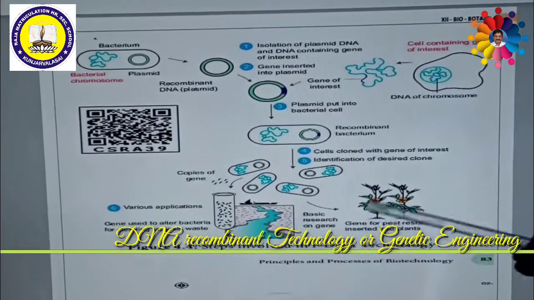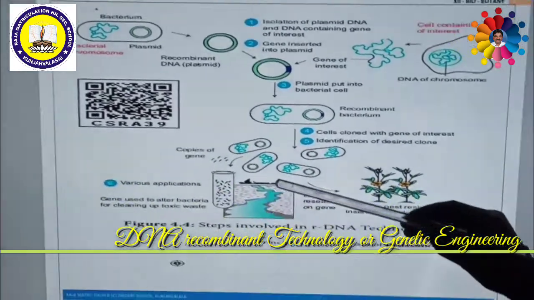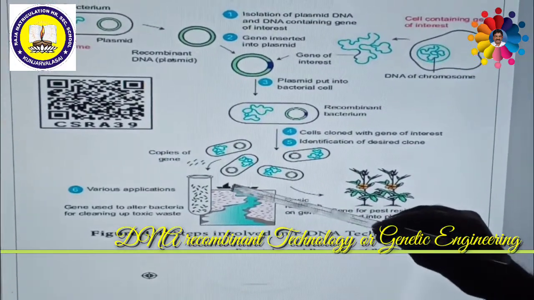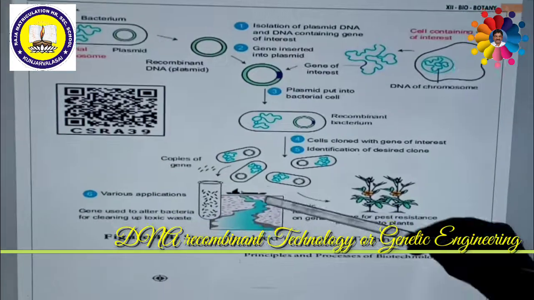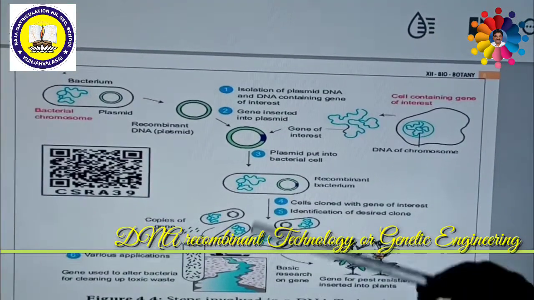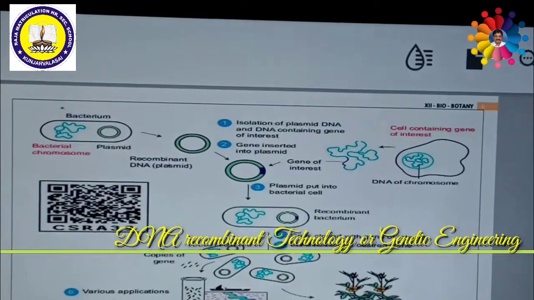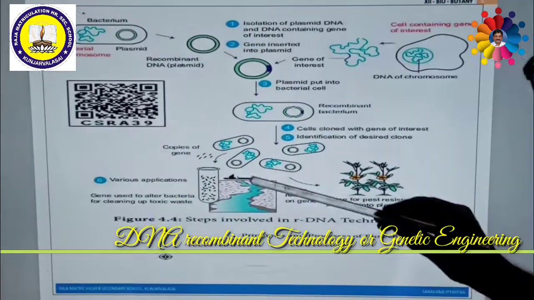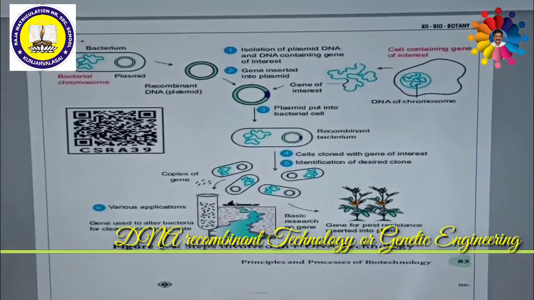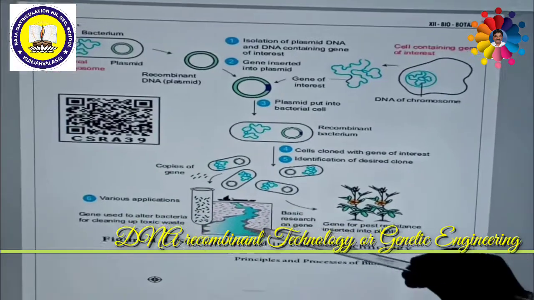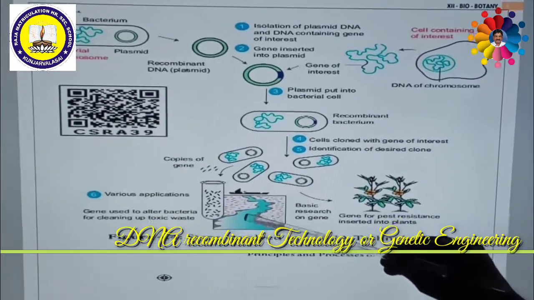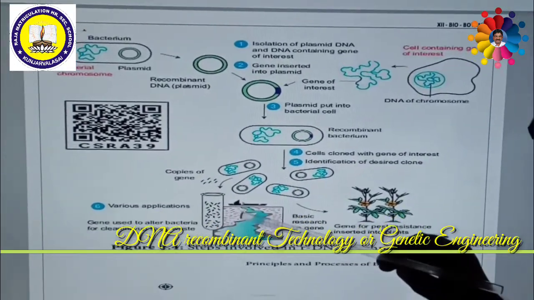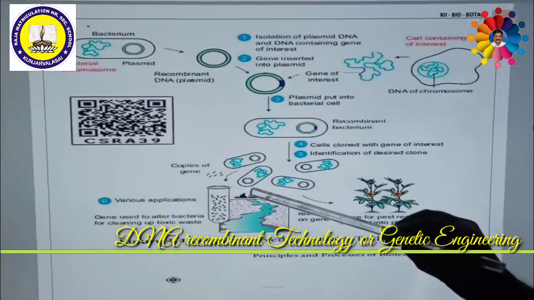Suppose a ship is floating on the ocean. Due to some problem, an oil leakage occurs. It is a huge problem for the environment, and the organisms surviving on the ocean will suffer from this oil. So how can we remove this petroleum oil? We need a certain type of bacteria called Pseudomonas putida. Pseudomonas putida is a bacteria which is able to decompose this oil.